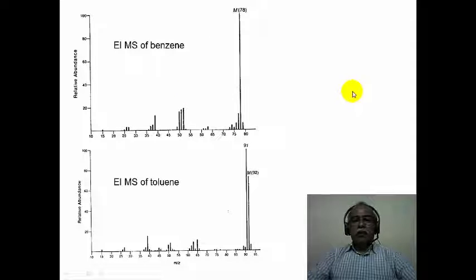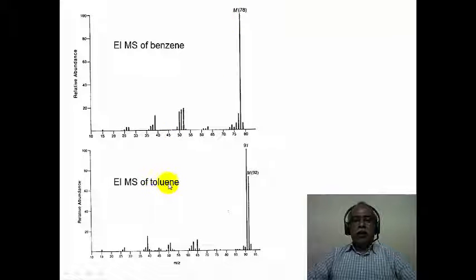Now let us consider some electron impact ionization mass spectra of aromatic compounds. Aromatic compounds, as long as they do not have any kind of side chain or functional group, simple aromatic hydrocarbons for example, will register the molecular ion peak as the base peak. Benzene is a good example. The fragmentation of the benzene molecule is very difficult. As a result, the molecular ion peak itself is the base peak in the case of benzene.